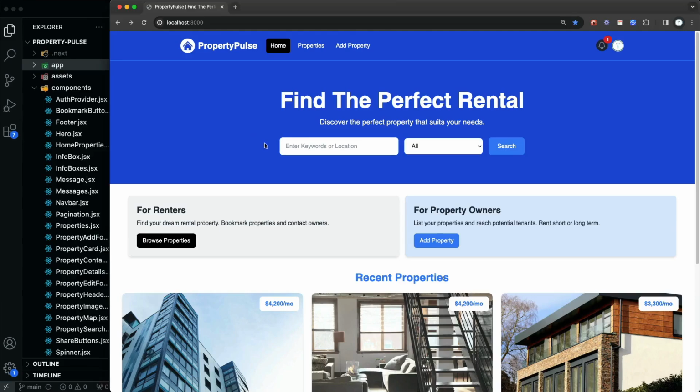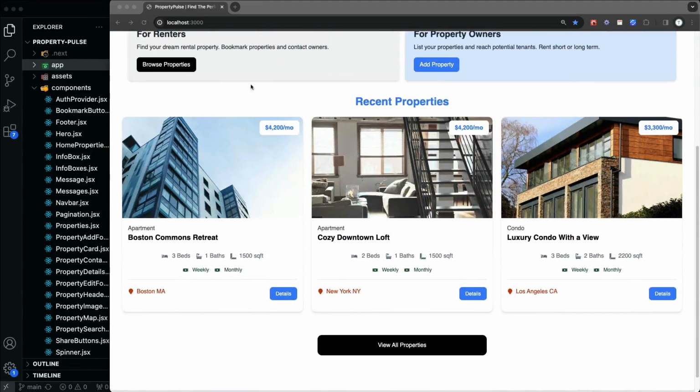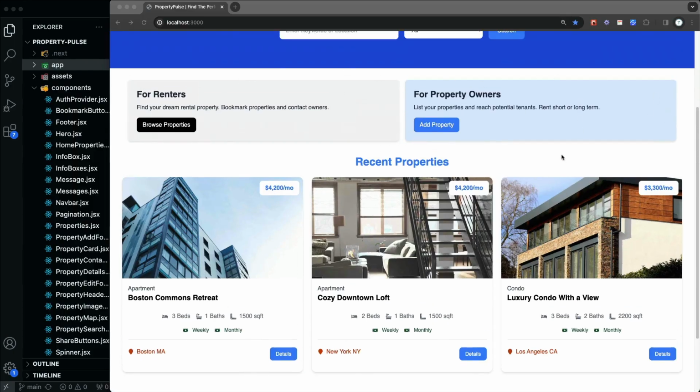All right, guys, so now we're going to do the featured properties, and this is completely optional. I just think it fills out the home page a little better. So we're just going to have two differently formatted cards above the recent properties for featured properties. And this would be a good way to maybe make some money. You could have people pay you to put the listings featured on the home page in addition to the random